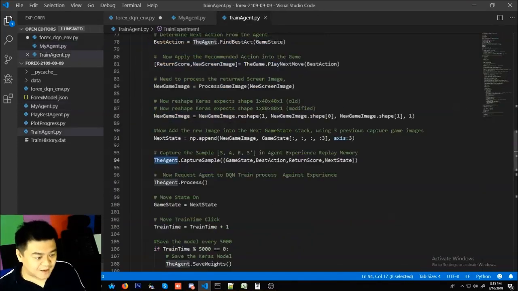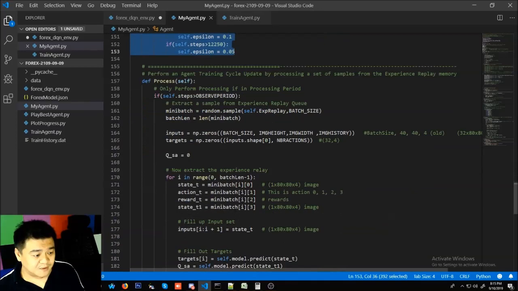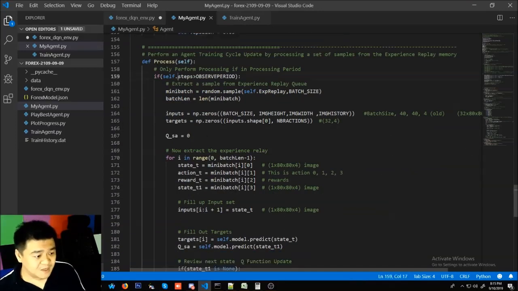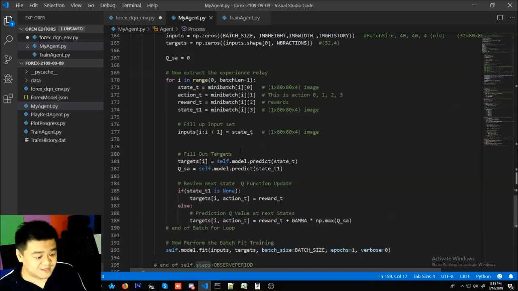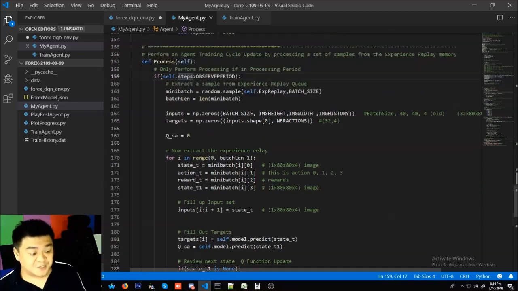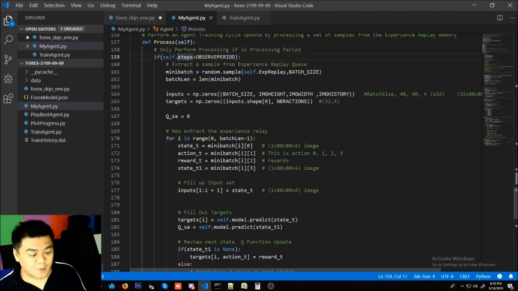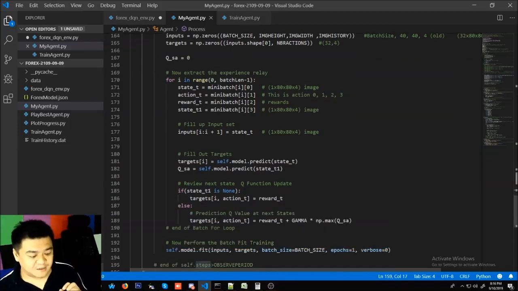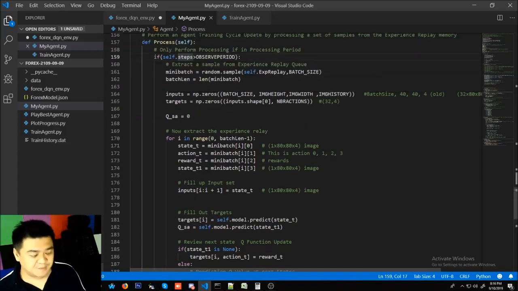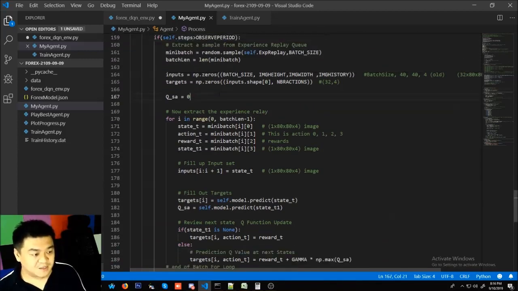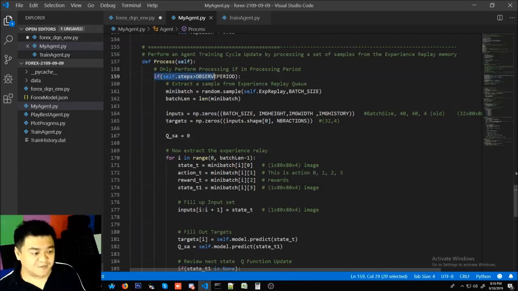Okay, so going back to the train agent. The next line would be the agent's process function. When we go to that, it's just below that capture sample function. This is the heart of the training. Actually, this is where it determines if the model is going to be trained or not. So if you can see here, if the steps go beyond the observation period, what it does is